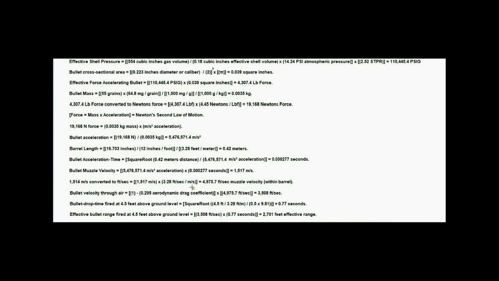When we multiply the acceleration times the time of acceleration of the bullet, we compute a muzzle velocity equal to 4,975.7 feet per second, or 1517 meters per second. However, the bullet will slow down somewhat when it enters the atmosphere, as